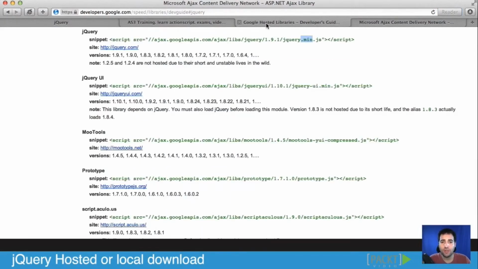Now, with that said, literally all you have to do if you're on the Google CDN is just to grab the script and just paste it into your header or your footer. Now, most of the pros in the industry say that your best bet is to put it in the footer,